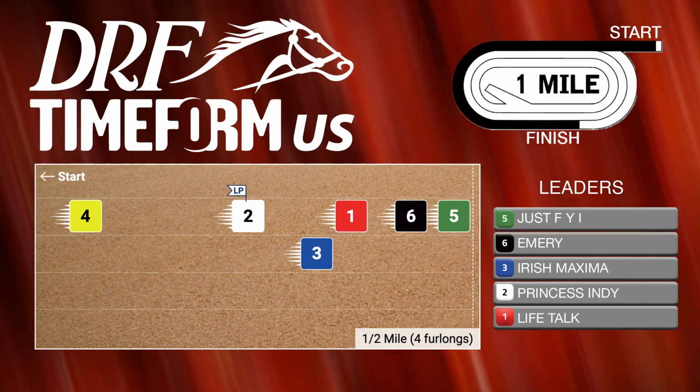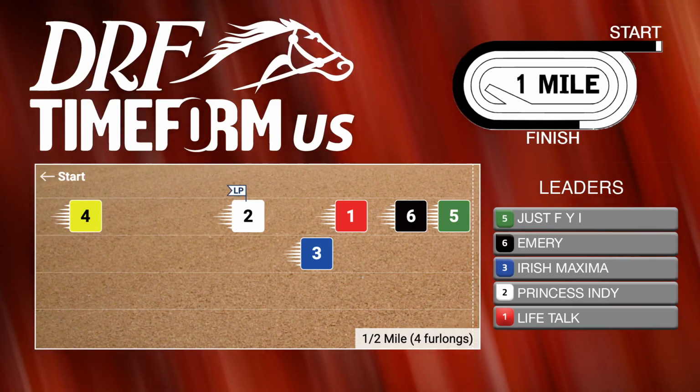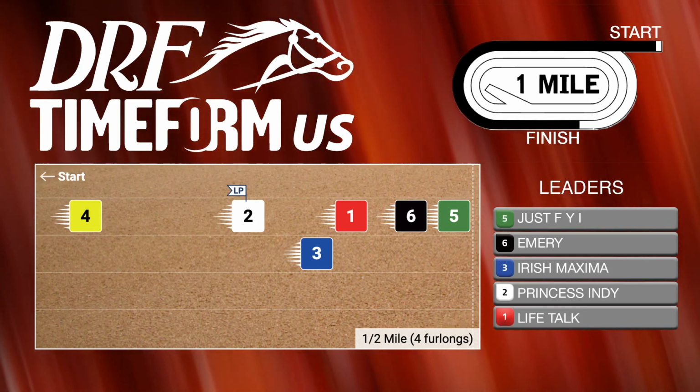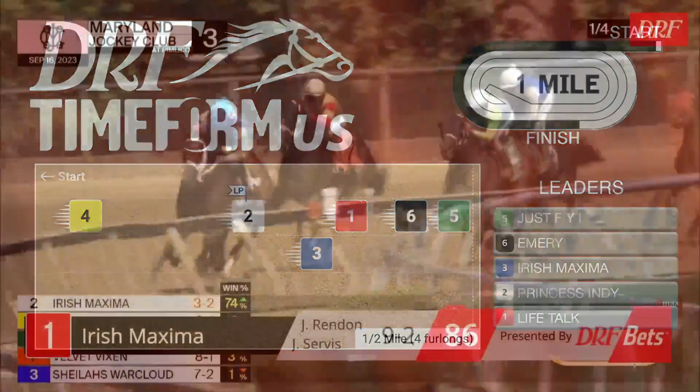Yeah, the number 1, Irish Maxima, is drawn the rail, and she has been on the front end in both prior starts. So I could see her getting an aggressive ride from the inside, even though she's coming out of some slower paced races. And speaking of the number 1, Irish Maxima, let's take a look at her most recent